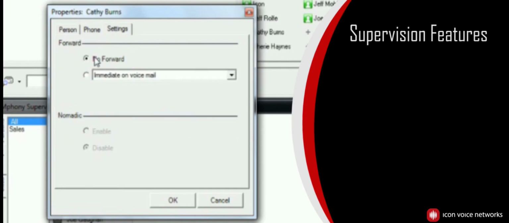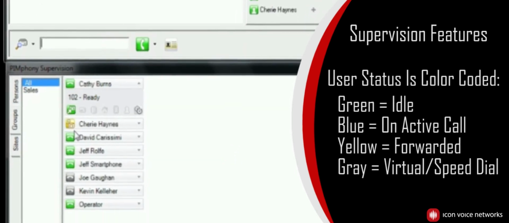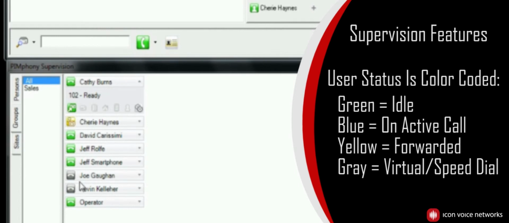And of course, settings, I can change the forwarding of the phone as well, so I can go ahead and unforward a phone from the Attendant console. So it gives me some administrative privileges. You can see here, Cherie's phone is forwarded. These are virtual extensions, so maybe they just have a voicemail, or I've got a speed dial for them off premise. And as you can see, when they make calls between them,